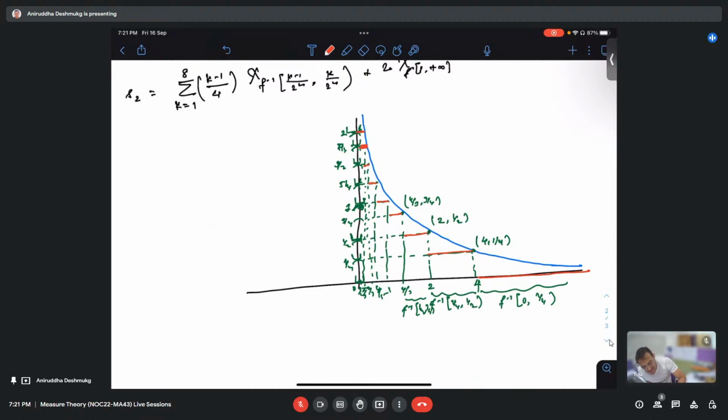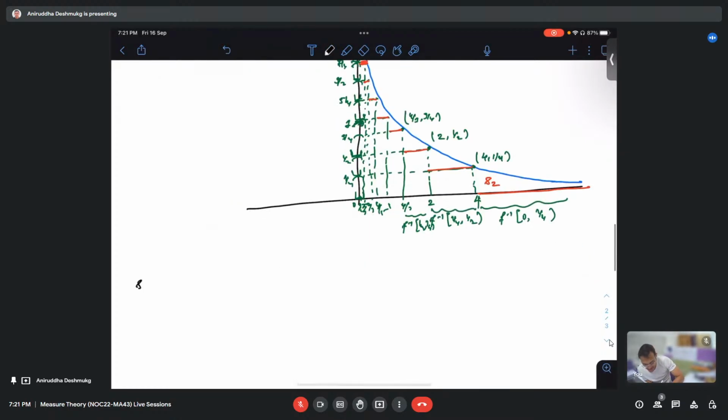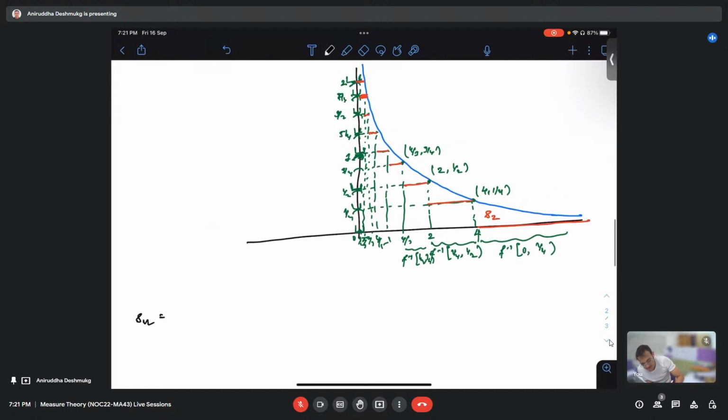So all these red lines again, they are S2. Now if I want to write it arithmetically, what is this? S2 is 0 times this, and then 1 by 4 times chi of [2 to 4, open to closed 4], plus say half of chi of [4 by 3 to 2], plus 3 by 4 chi of [1 to 4 by 3], plus chi of, what will it be, [4 by 5 to 1],